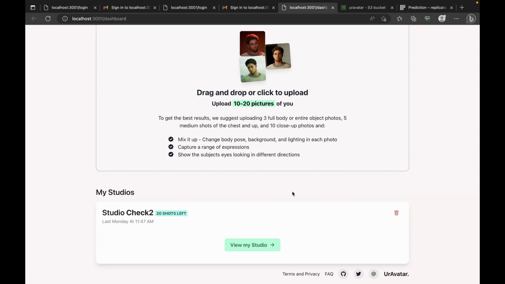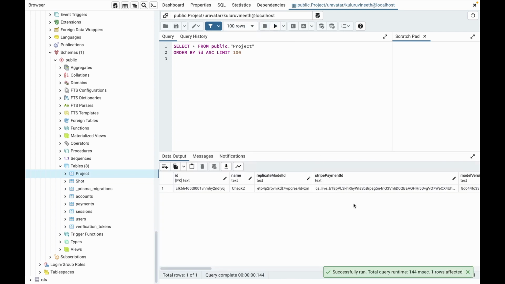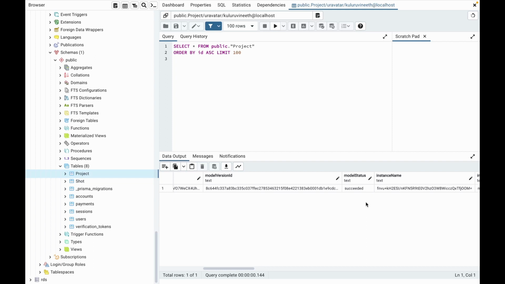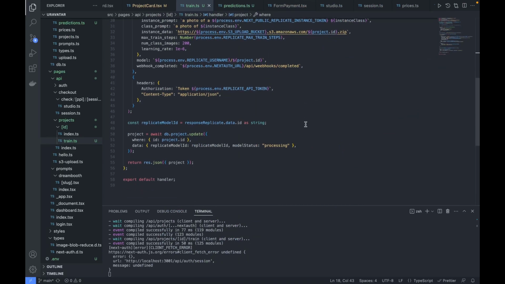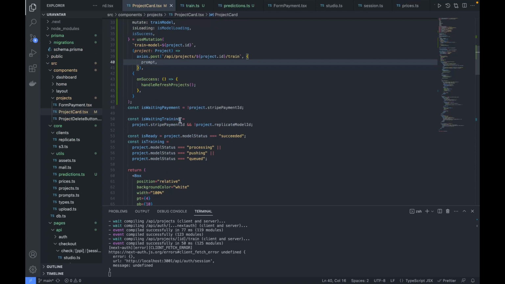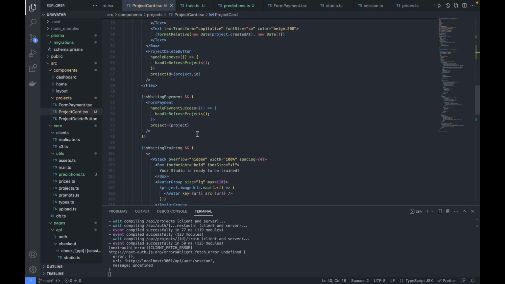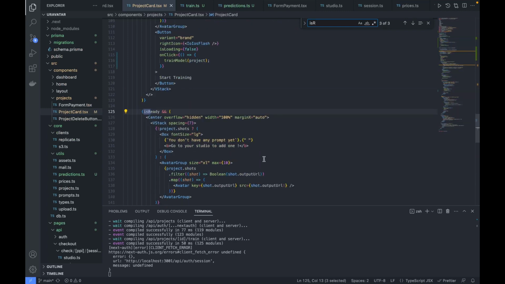Going back to the DB, if I refresh this, the model status should be marked as succeeded. So there was not an issue, it just took a few more minutes to reflect via the webhook URL. Then the reflection happened. And if you go to our project card section, based on the is ready param, if you just check here, is ready,